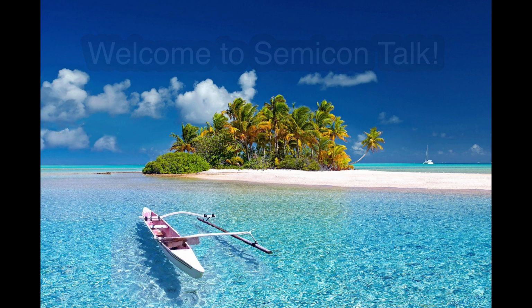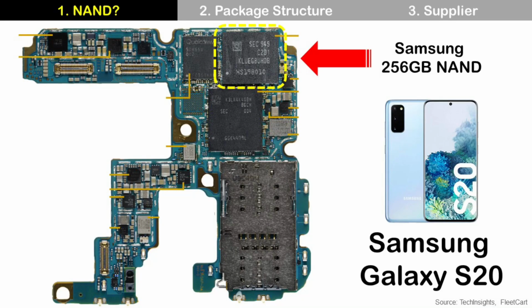Today, let's talk about NAND memory. NAND is a type of memory used to store data like photos, videos, or other files as well. It is used for smartphones, USB drives, SSDs, and others. If you have a chance to open a smartphone, it looks like this, and capacity can be 128 GB, 256 GB, or 512 GB depending on the product.